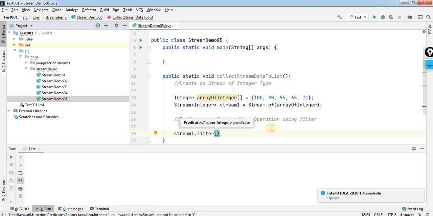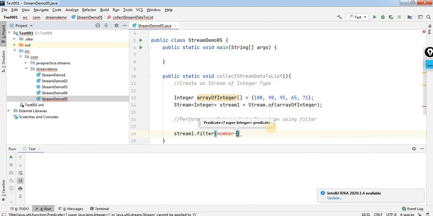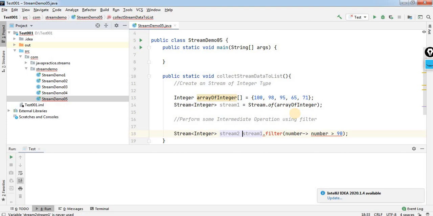So in filter, I will take number, use the lambda expression, number greater than 90. This is my filter operation, and you can see this filter method also returns a stream of integer type, right? I will take Stream of Integer. This will be stream2, which is the newly generated stream after an intermediate operation.